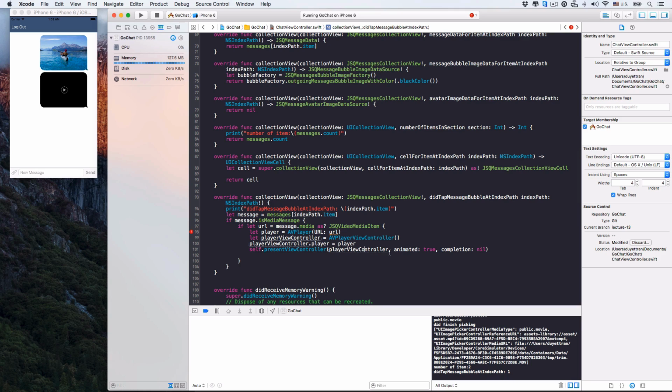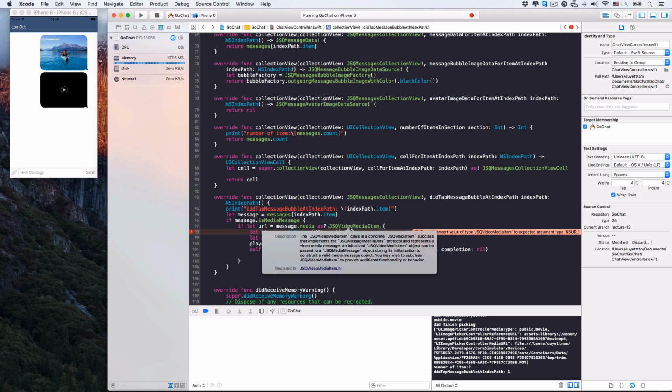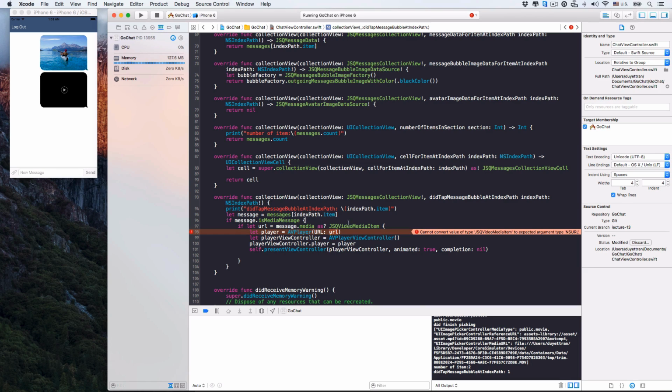There's an error. Let's see. The type is not right. When we create an AVPlayer from URL, the URL should be an NSURL, but it's not. Right. When we extracted the media content from the message, we converted it into a JSQVideoMediaItem. So the extracted content is in fact the JSQVideoMediaItem. Then from it, we get the video URL. Its name is kind of misleading now, so let's change it to